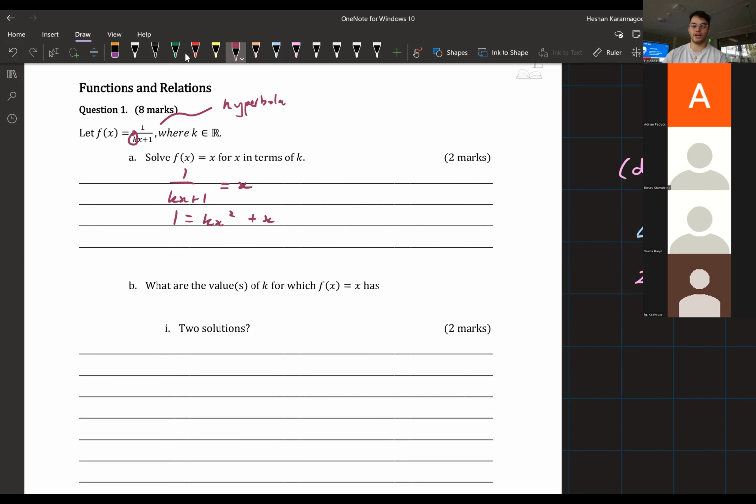Then we can see that this is a quadratic equation. We move everything to one side, so 0 equals kx squared plus x minus 1, just moving the 1 to the other side. Now, because this is k, this is where it becomes a bit different. Because it's in terms of k, it's probably not easily factorizable. It's pretty hard to find what the factors would be if we put it into 2 brackets. We know for a quadratic equation we can use the quadratic formula. So whenever you have a quadratic equation with a parameter in it, just use the quadratic formula.